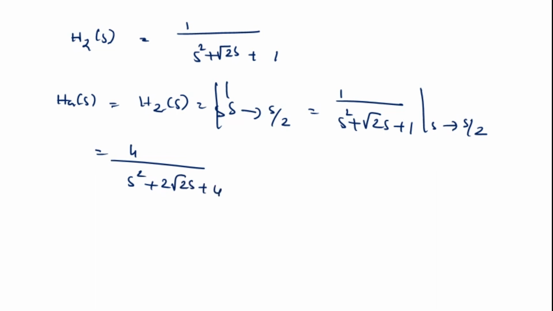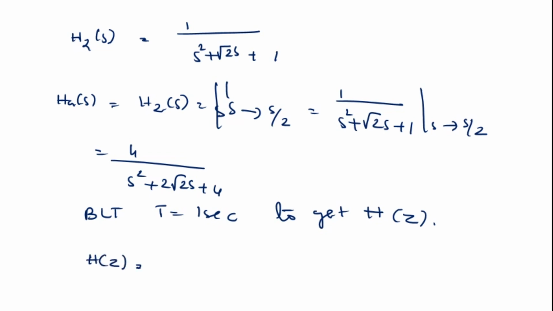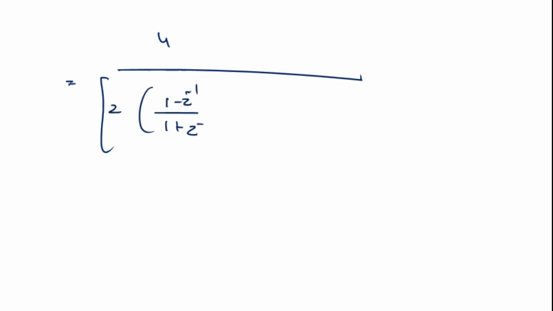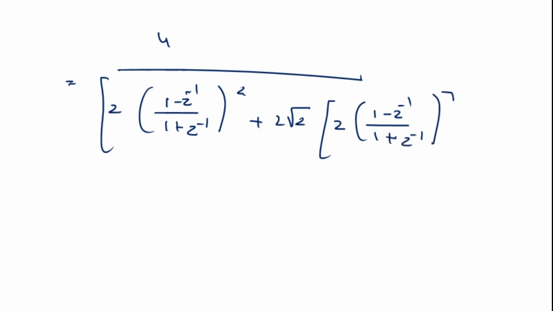Now apply the bilinear transformation with T equal to 1 second to get H of Z. That is, H of Z is equal to H of S at S equal to 2 by T into 1 minus Z inverse divided by 1 plus Z inverse, which is equal to 4 divided by [2 into (1 minus Z inverse divided by 1 plus Z inverse)] whole square plus 2 root 2 into 2 into (1 minus Z inverse divided by 1 plus Z inverse) plus 4,